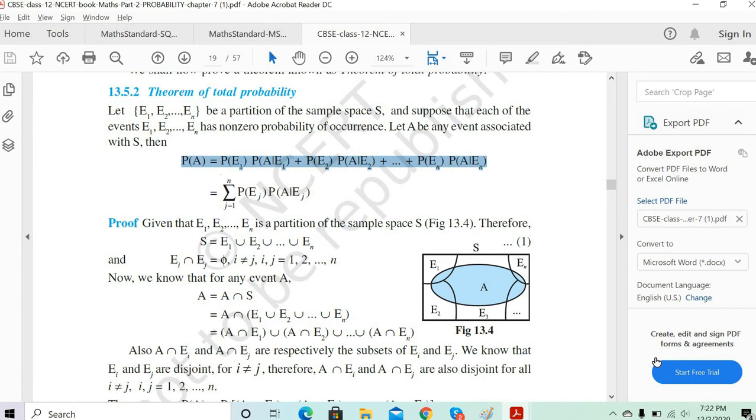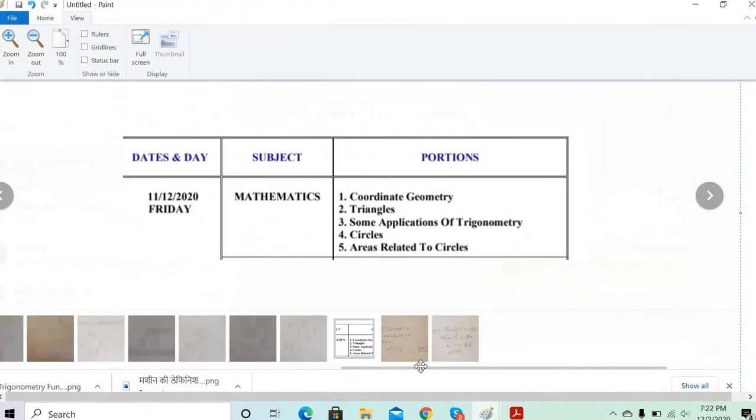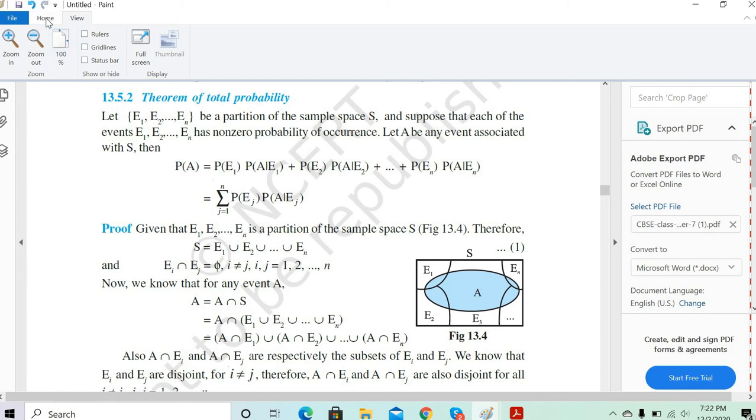So the probability of event A when multiple events happened will be given as the sum of the products of the individual events, when A happened because of E1, E2, E3 till En. Clear? So until now we learned multiplication and conditional probability. Now this is addition. Till now we discussed only one event. Now we are combining events from E1 till En, so it becomes a summation of the products. So how to write it in one line? We can just write it in one line as a summation.